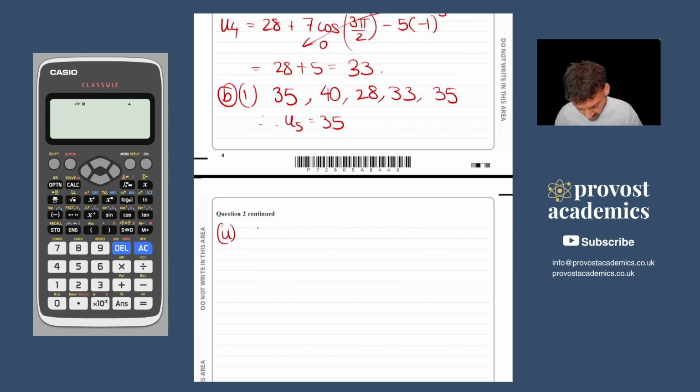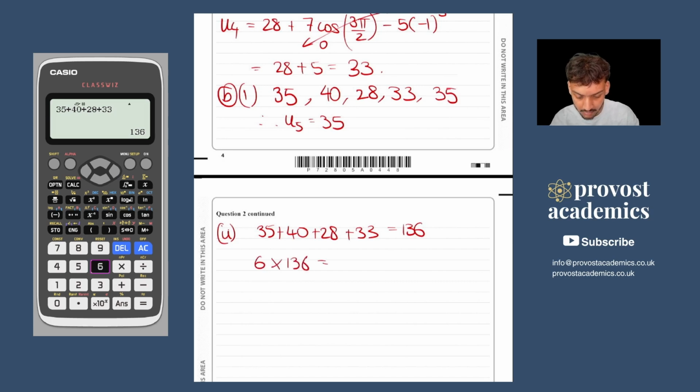So that would be 35 plus 40 plus 28 plus 33. And if I just punch it into my calculator, that's 136 per one period. So that'll be 6 periods in total. That gives me shift times answer